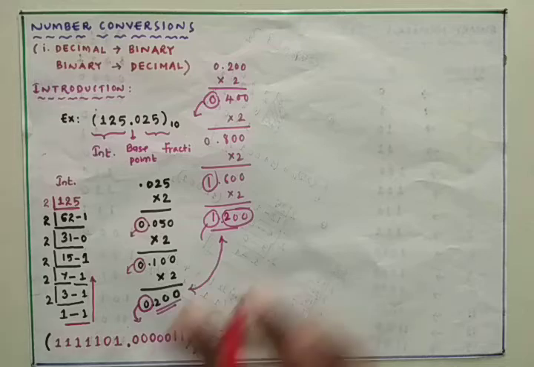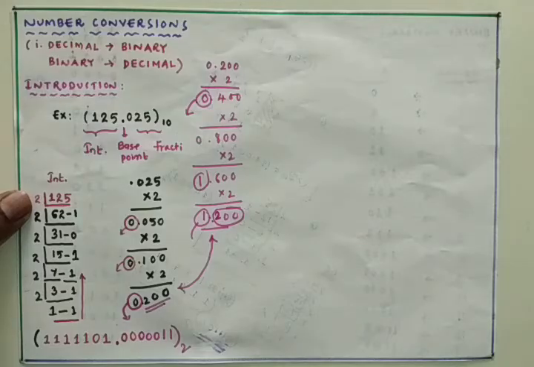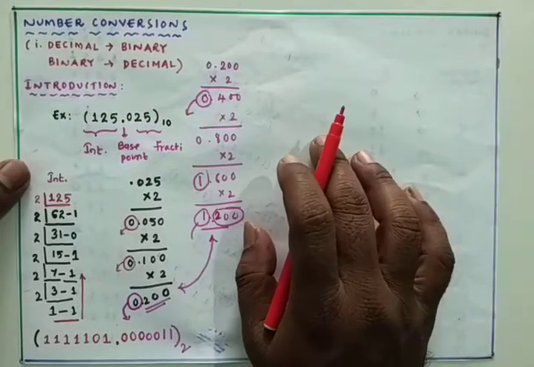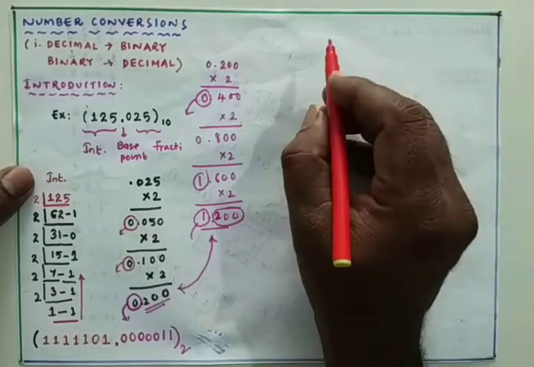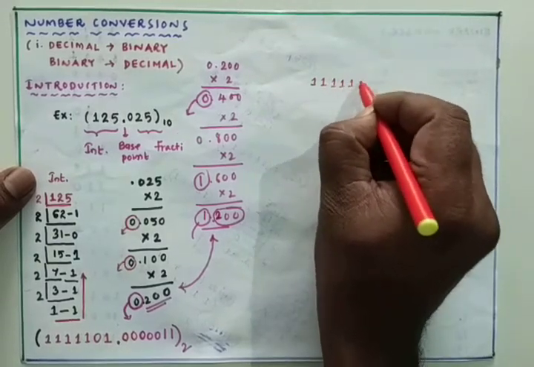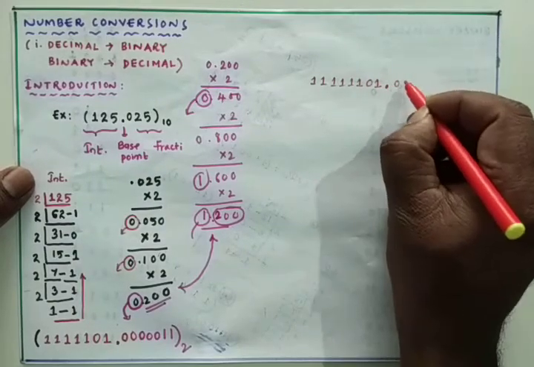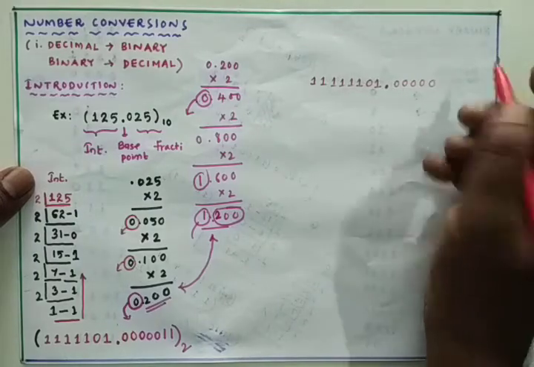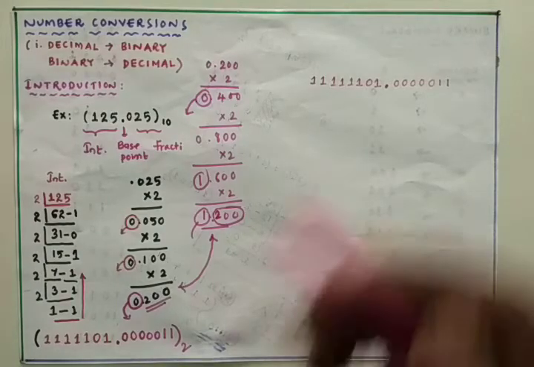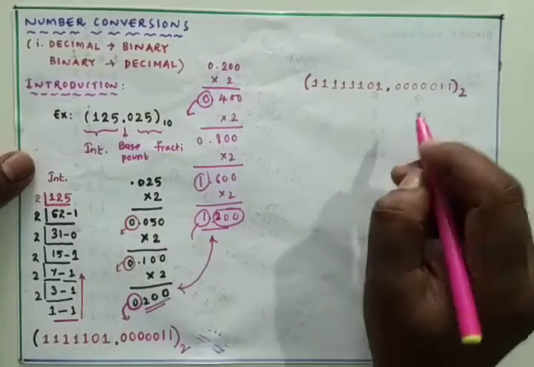For example, if I wanted to convert this into the decimal form, then I am taking 1 1, 5 ones followed by the 0 followed by 1, 0.050 zeros, 1 into 1. Then this is a binary number, and we have to convert this into the decimal, so that the point remains the same here.